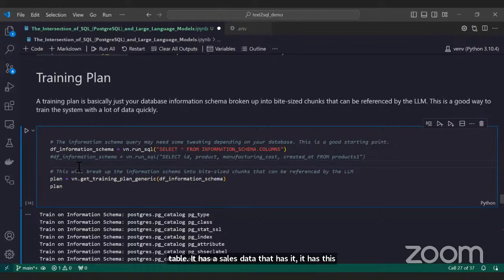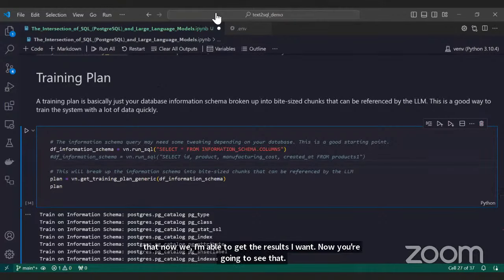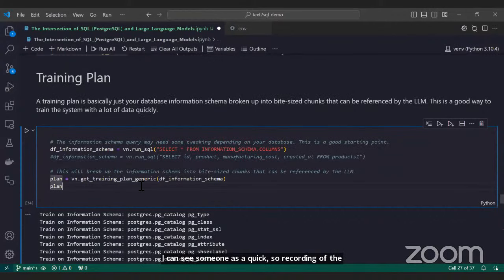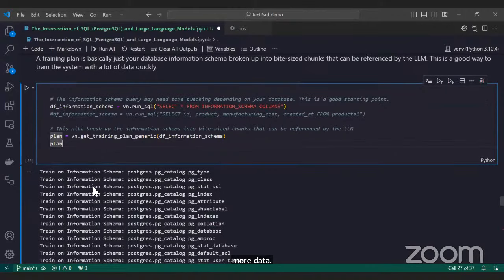Now, I can see someone asked a question regarding hallucination and all of that, right? You're going to see that the system is not entirely perfect. You're going to see that there's a bit of a question mark in the output, and this way, what happens is that you go back and you try to see how you can add more data, and we train on that particular stage.